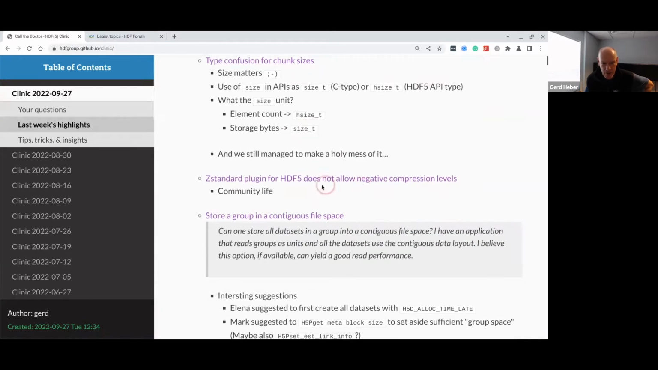No? Okay, good. Then the next one up, I would say it's community life in the HDF community. Mark, again, I think it's good for him to spot that. He noticed that there is this Z standard compression method. I think it was developed at Facebook or something like that. And then Andrei Paramonov developed a sort of a plugin interface for the HDF5 library, and Mark had developed a